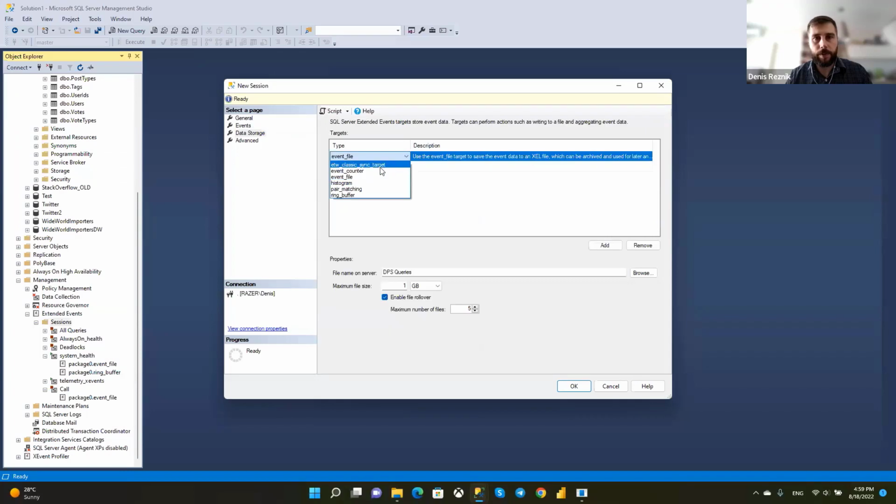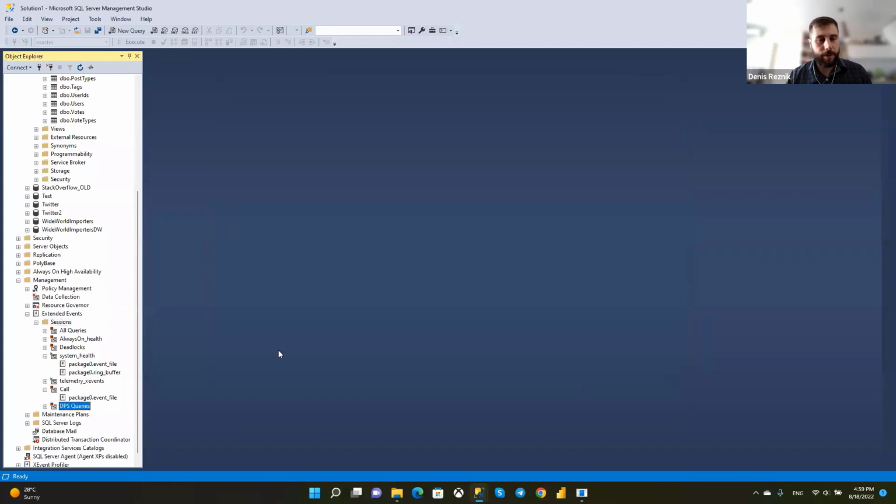Okay, because the default ring buffer is holding events in memory and puts them out from time to time. It's like the ring buffer is closed, and when it's full, events are thrown out. If we are putting data to files, it can be very big, and you can create several files. By default, it creates 5 of maximum size 1 GB. Okay. And also, if the issue is sporadic,